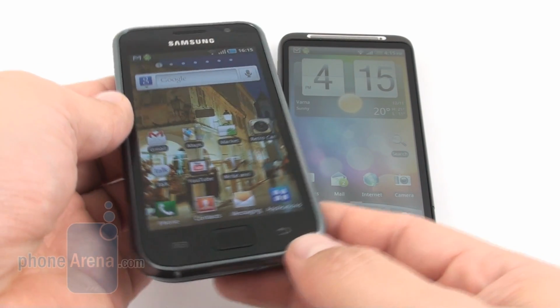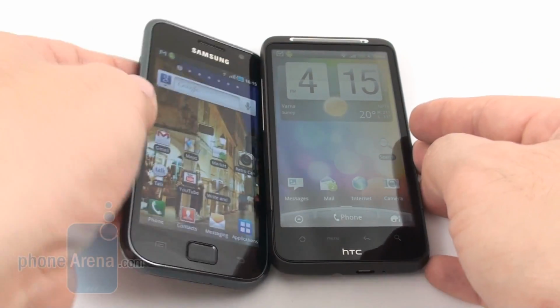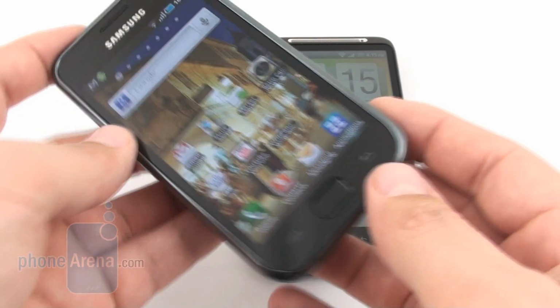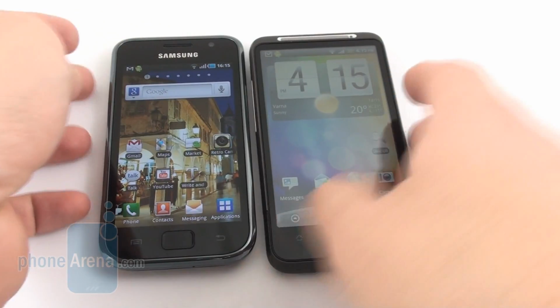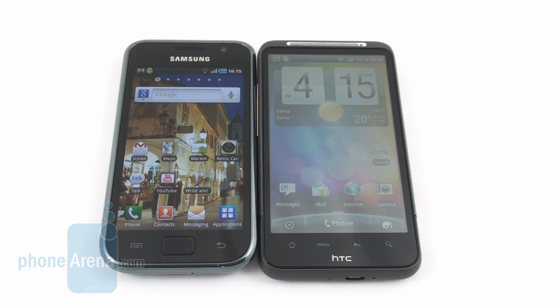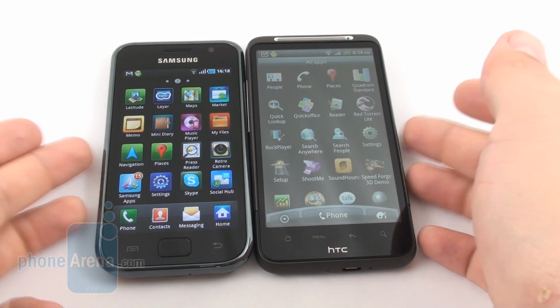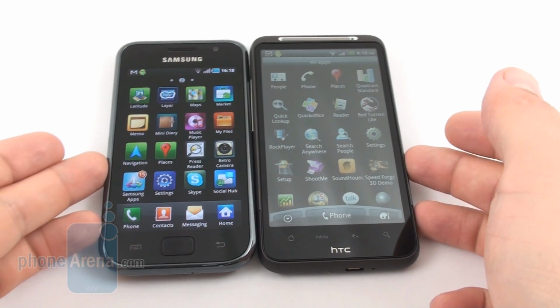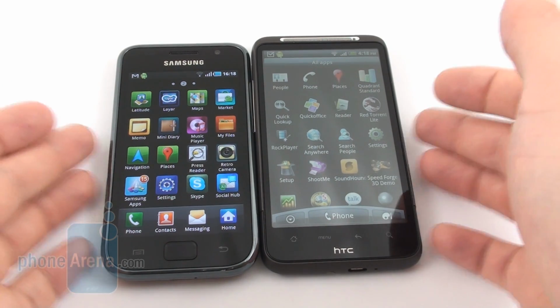We actually notice that this even things out in bright sunlight, and when we add the saturated colors, the low reflectance and the wide viewing angles of the Super AMOLED screen, we'd even go so far as to give it a slight advantage in direct sunlight visibility, which is not very typical for a comparison between an AMOLED screen and an LCD screen. We just bumped up the brightness of both displays to the maximum, so we can make a comparison. As you can see, we still take the Super AMOLED screen of one and the same resolution any day before an LCD one. Battery life would be comparable, provided that you don't do a lot of browsing or reading, but